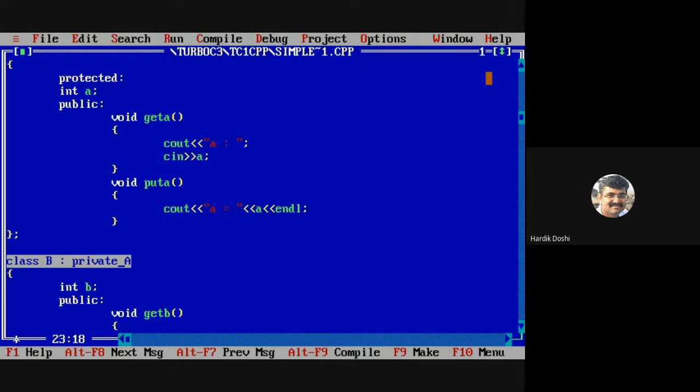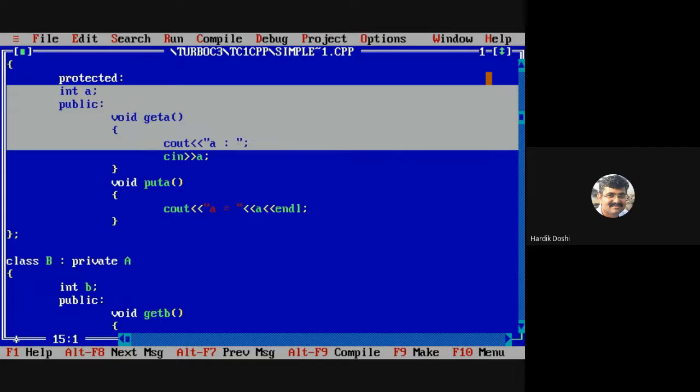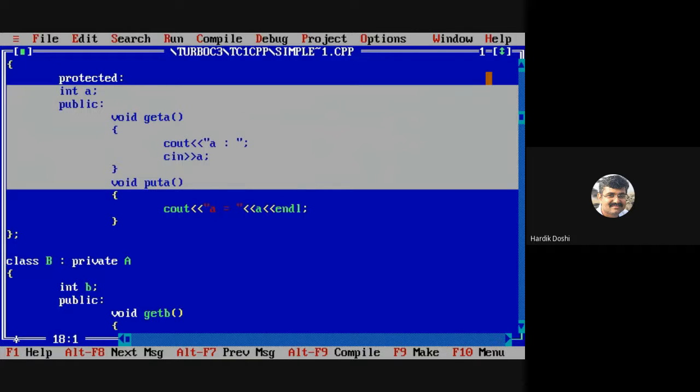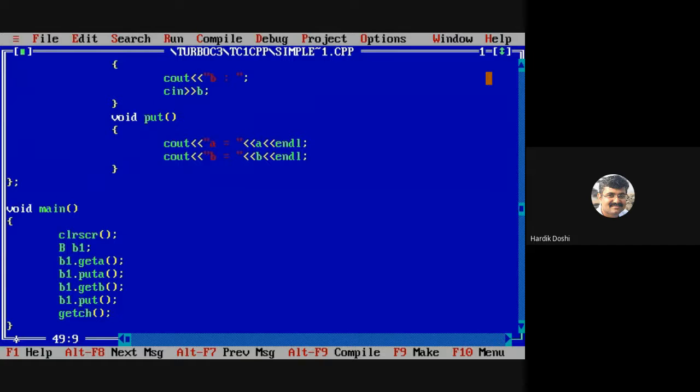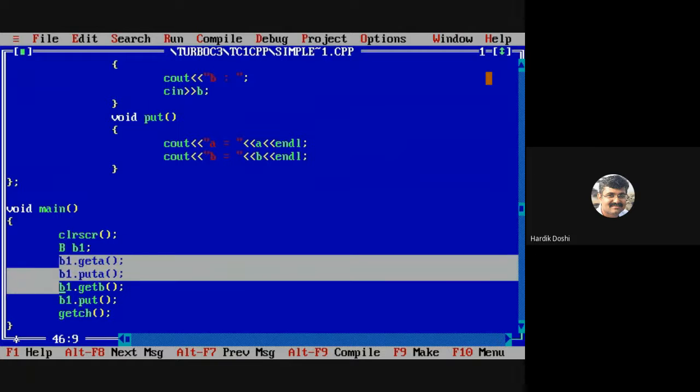What I said in this line: all the accessible members of class A should go into the private section of class B. That means, can I say all these three, 1, 2 and 3, are going to which section? Private. Here it is not written, but the compiler writes it internally. So now you tell, will it get compiled?